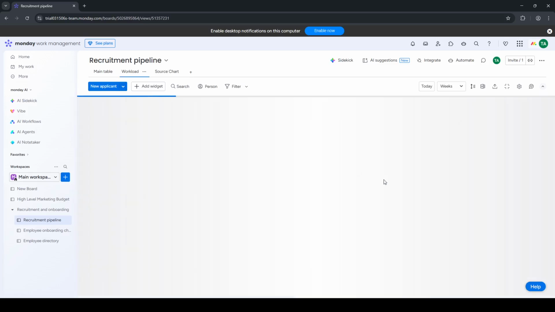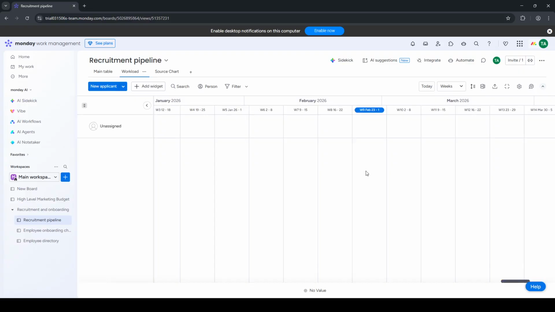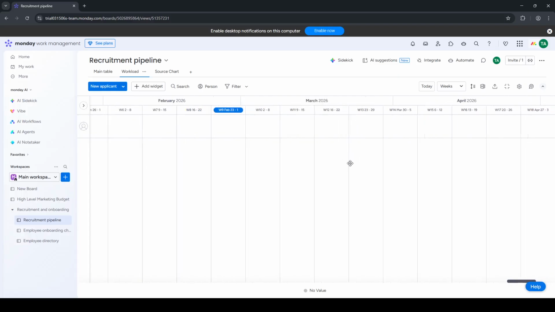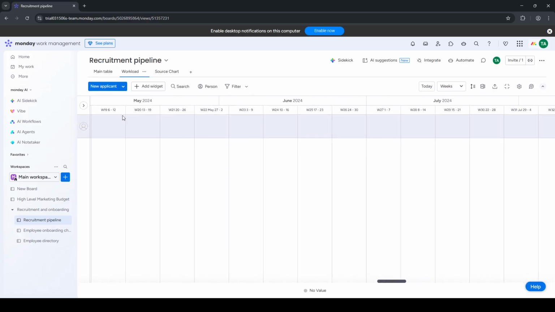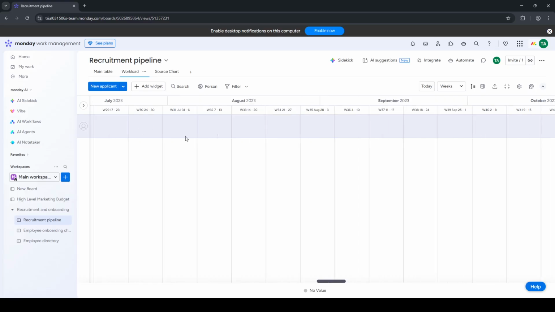Open the item and fill in the key fields. Set a due date for the next action, such as a phone screen, a hiring manager review, or an offer discussion. Then choose a status that reflects where the candidate stands in your process. Use whatever labels your team already agreed on, for example, screening, interviewing, on hold, or hired, so everyone reads the